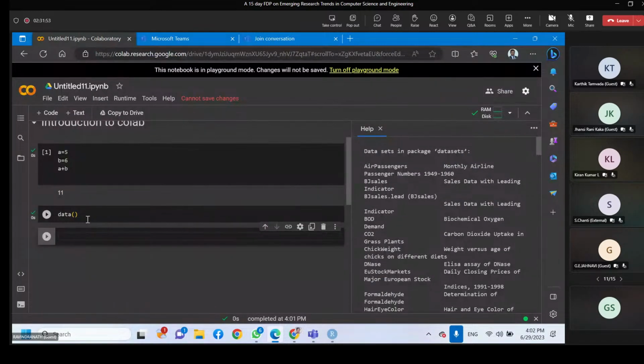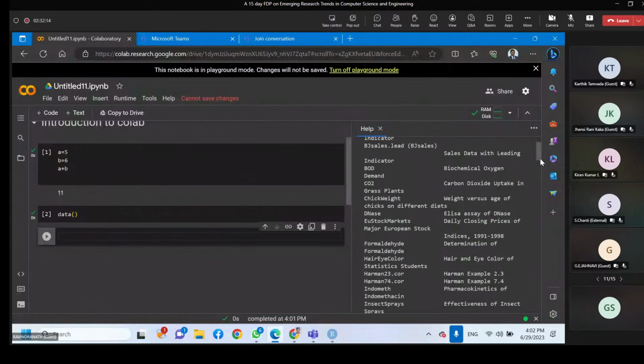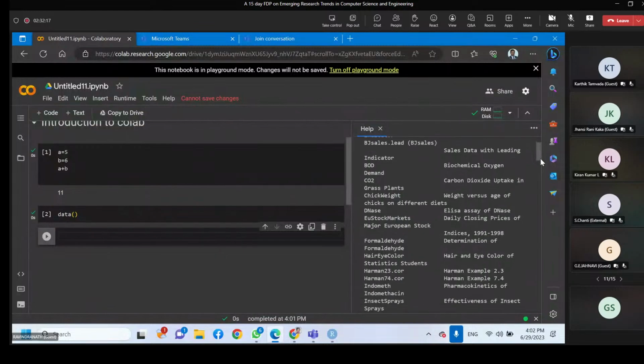So how do you execute that? Data, open bracket and close bracket. Then here is the list of data files which are available. Say the first one is the air passengers data set, and next this is BJ sales. Say for example, if you want to predict a model for the sales, then BJ sales is there, and BOD, biochemical oxygen demand, and next